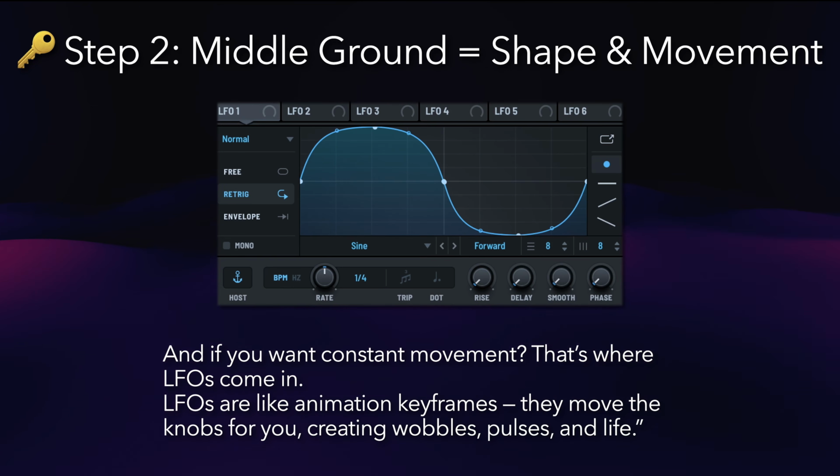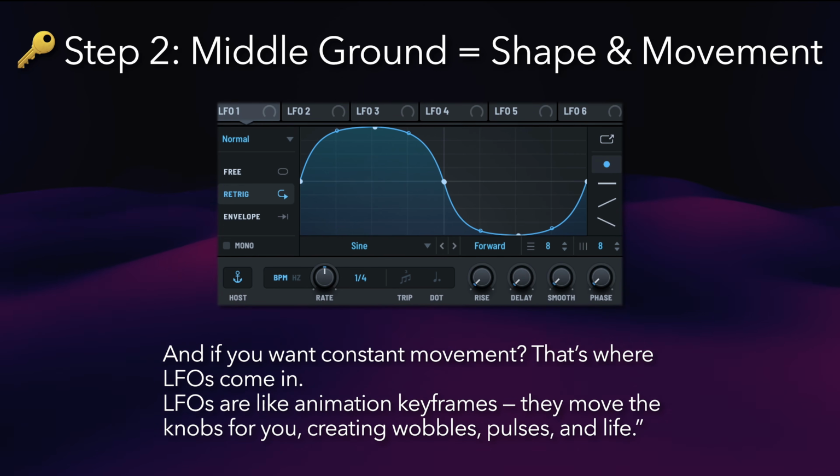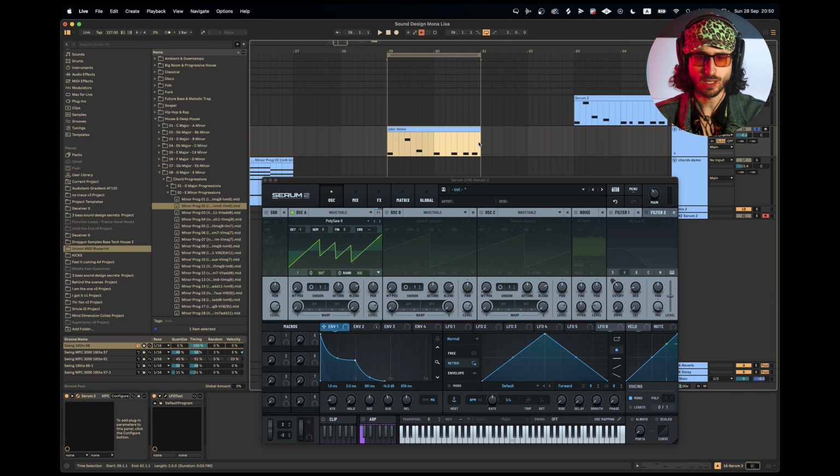And if you want constant movement, that's where LFOs come in. LFOs are like animation keyframes. They move the knobs for you, creating wobbles, pulses, and life. Okay, so here we have a plug sound, and I'm gonna walk you through the envelopes so you can understand how it works. So envelope number 1 is the main envelope, which controls the shape of the sound, the amplitude,